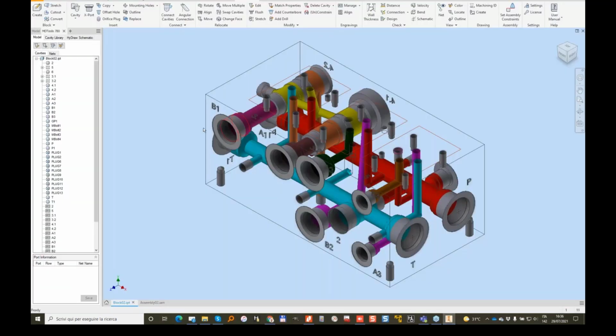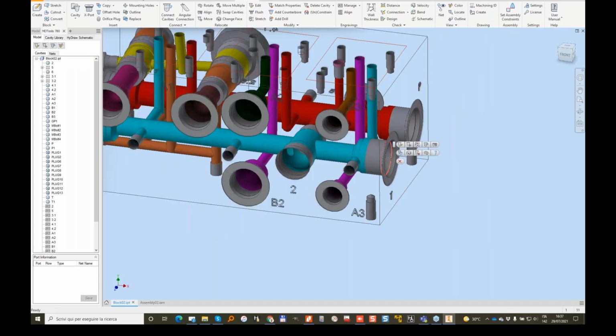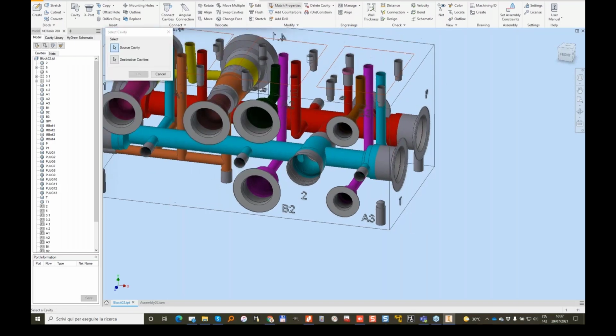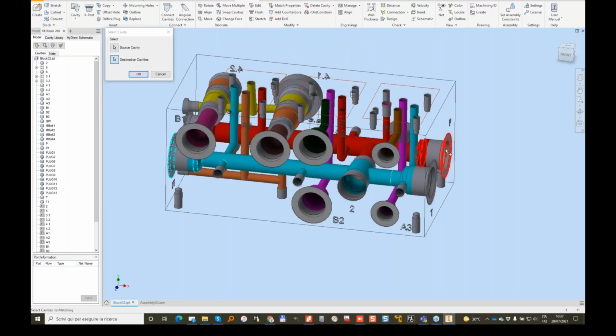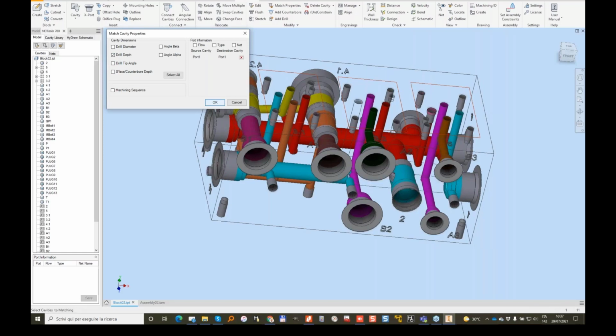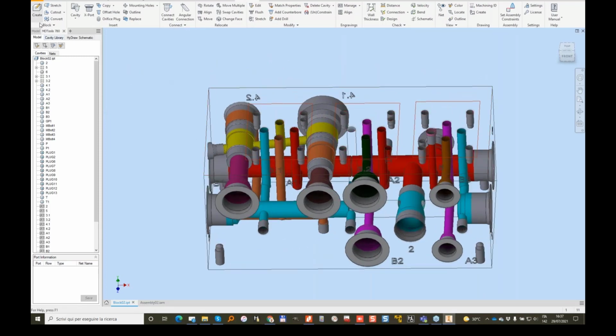So I can go back to MD Tools and check the block width. It is 195. So let me make this drill 97. And I use match properties to copy the same drill depth, and let me apply the same depth also to the other drill. And I copy the drill depth. This change will not have any impact on my final assembly, so I don't need to do a drawing again and so on. I will just export